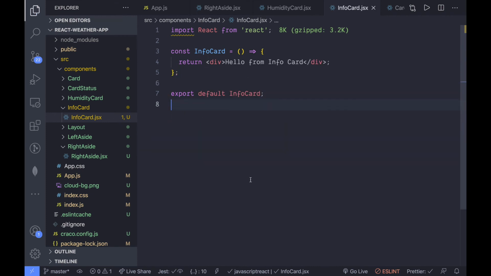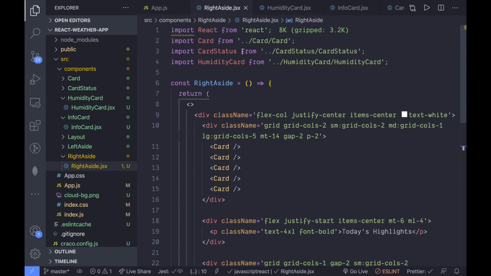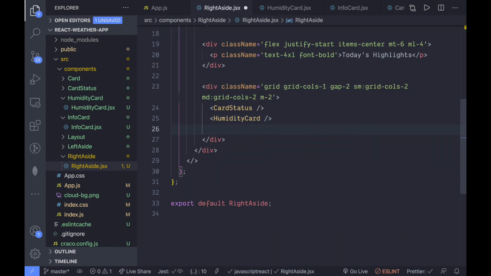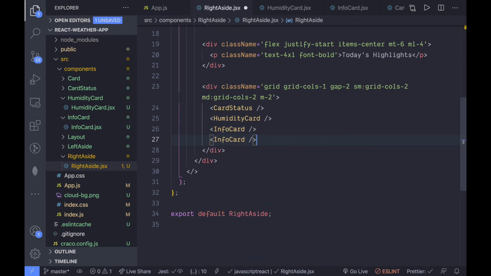So just save this, and you can really name these files or folders as you wish. So go back to the right .jsx file, import the info card, and down the humidity card, let's just render the info card 2 times.